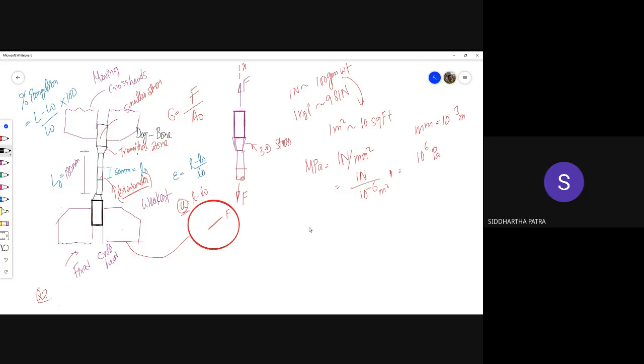And actually, if I were to talk about the 3 most important properties that we can learn in this course that we are doing, that would be toughness, strength, and hardness.